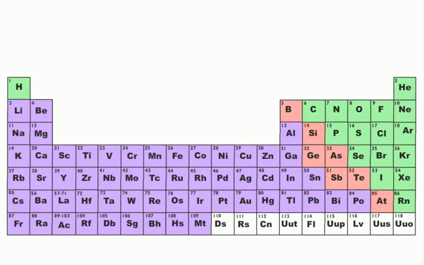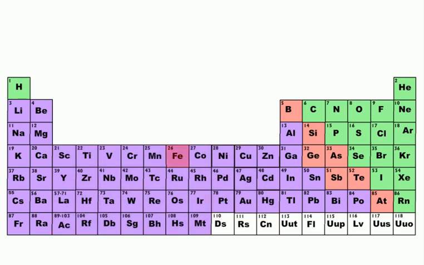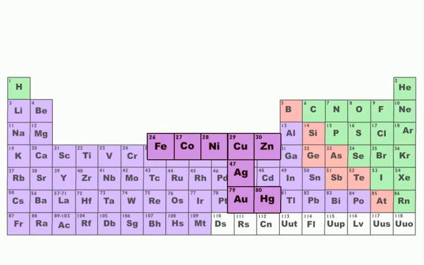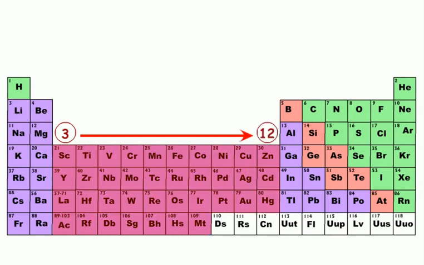Similarly, the elements of group 3 to group 12 are also metals. The elements like iron, cobalt, nickel, copper, zinc, silver, gold, and mercury are all metals, aren't they? These metals are found in the group between group 3 and group 12. They are inactive metals